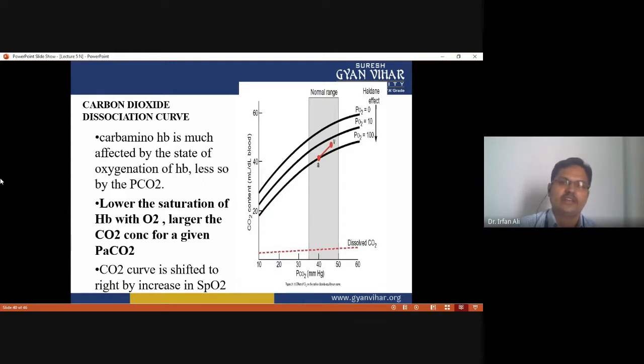hemoglobin is much affected by the state of oxygenation of hemoglobin and less affected by the partial pressure of carbon dioxide. The lower the saturation of hemoglobin with oxygen, the larger the carbon dioxide concentration for a given partial pressure of carbon dioxide. Okay, and the carbon dioxide curve is shifted to the right by an increase in the oxygen saturation